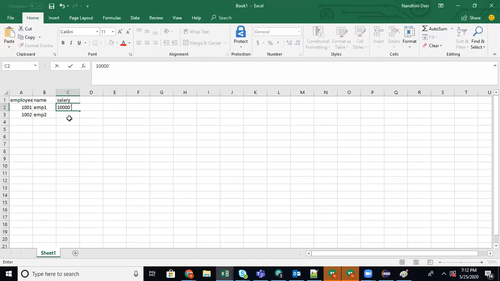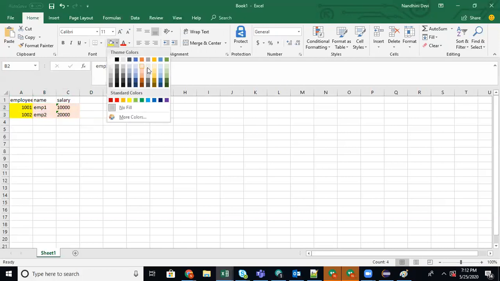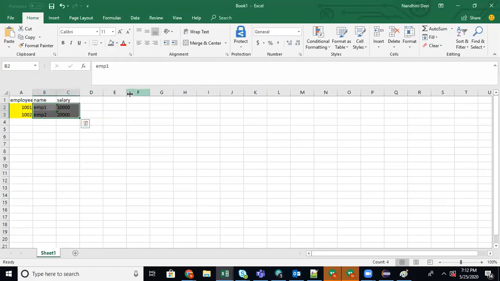So this is our data. Sorry, my Excel has a problem. Okay, this is our data. Now, this is the key, okay, and these are the values.